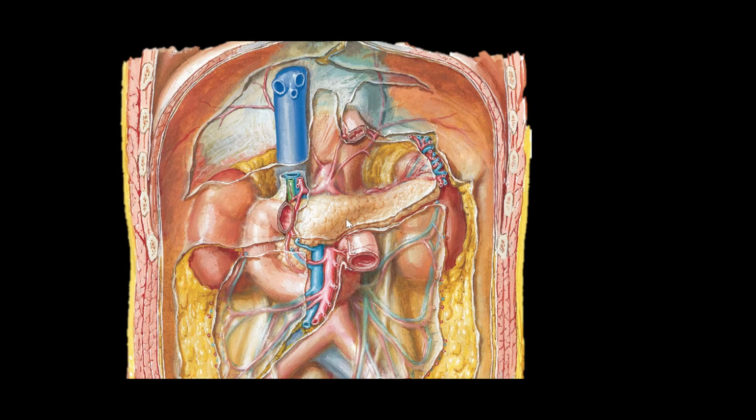Now in this picture you can clearly see the body of the pancreas with the splenic vein on its posterior surface; it extends obliquely up and left across the abdominal aorta. Okay, and then below the pancreas here lies the horizontal part of the duodenum, which is anterior to it.